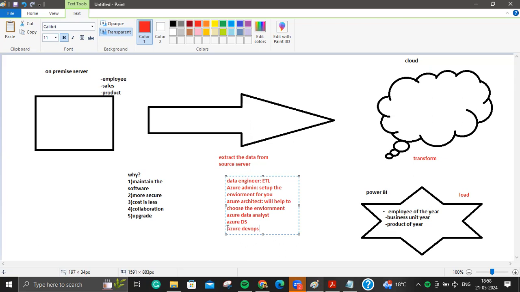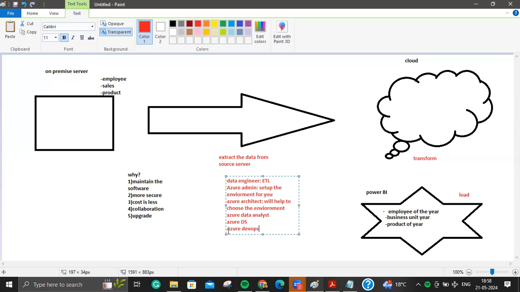Just for the understanding, when you start developing, you always try to develop in the dev environment, because you cannot develop on production data. Once your development is completed, you switch to the test environment to test your pipeline, which is similar to the prod environment. Once the testing is completed, you deploy to the prod environment. That is how the workflow goes.